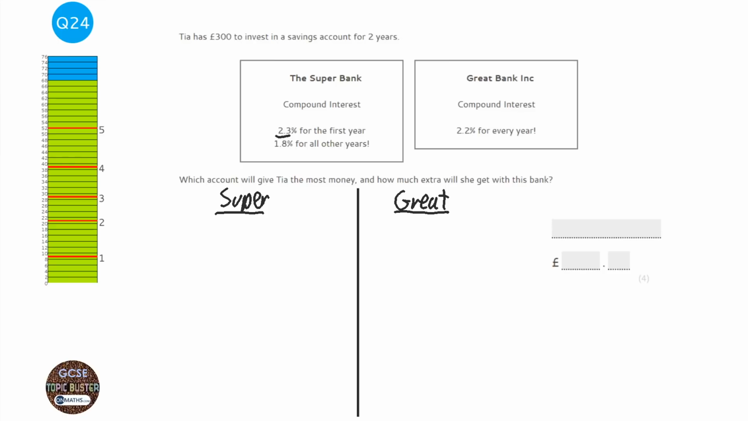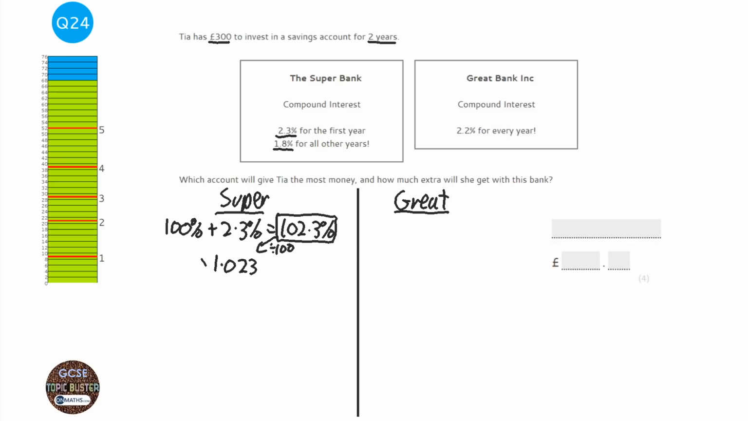It says we have 2.3% for the first year and 1.8% for all other years, and we're doing this for 2 years at £300. So first of all I want to work out what the multiplier is. Since this is the calculator paper, we use the multiplier method. So we start off with 100% always, and compound interest means we're gaining money, so we're going to go up by 2.3%, so that means we'll have 102.3%. So as a multiplier, what we do is we just divide that percentage by 100 to get it as a decimal into what we call a multiplier,